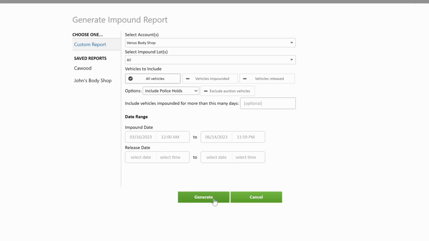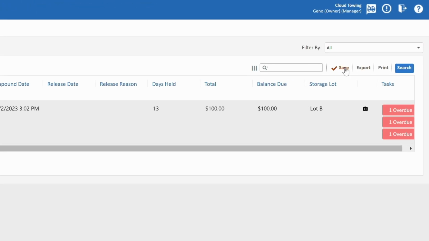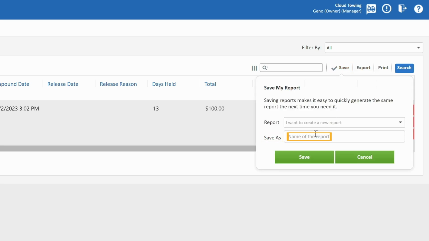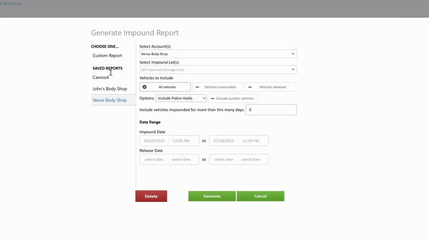After adding the report parameters, you can turn this report into a template by clicking on the Generate button. To store this as a custom report, click Save. Enter the name of the report for future reference, and click Save one more time. The next time you want to rerun the report with this information, your report will be here and ready to use.